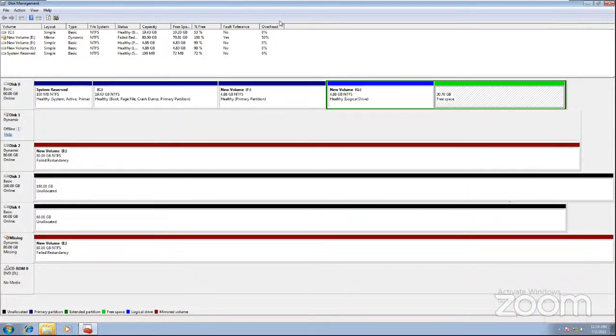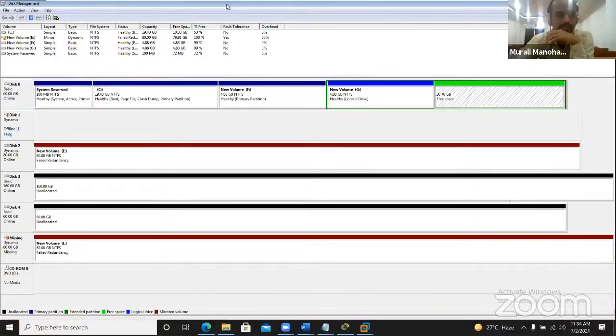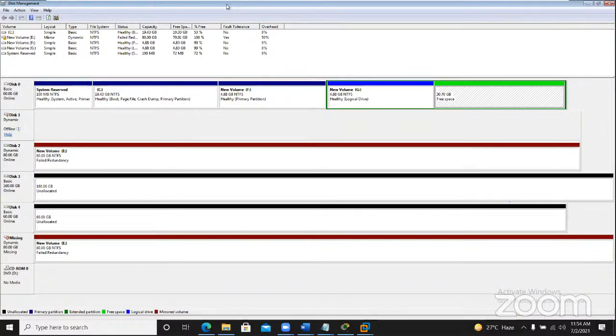यस सर, मैंने अपने सी ड्राइव का पार्टीशन किया और मैंने ई ड्राइव बनाया। सर, सी का मैंने पार्टीशन किया तो ई ड्राइव क्रिएट हुआ, उसको मैंने एलोकेट भी कर लिया। बट मैं अगेन चाहता हूँ कि वो मेरे सी ड्राइव पे रिवर्स हो जाए, बट ऐसा ऑप्शन नहीं आ रहा सर, एक्सटेंड का ऑप्शन नहीं आ रहा।